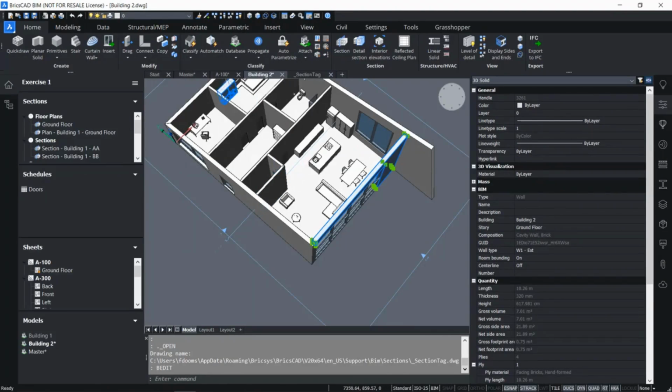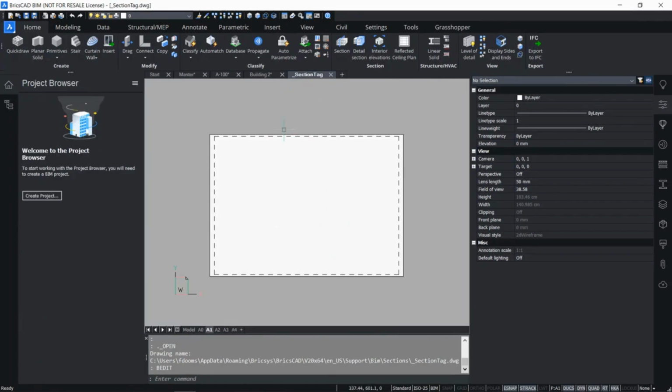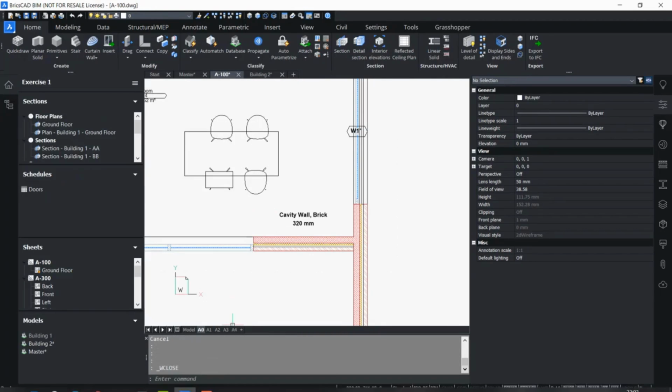So if you do it in only your 2D drawing that you already generated, then it will only change it here. But if you want to change it for all your future tags, you can change it in the section tag just in the same way as we did it. So for now we don't need the section tag. What is good to know is that in the support folder